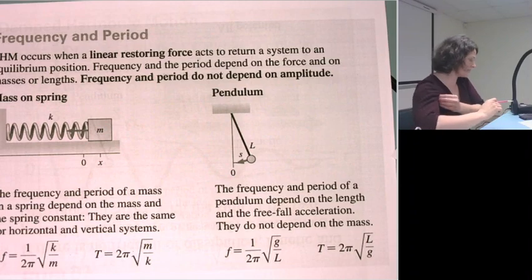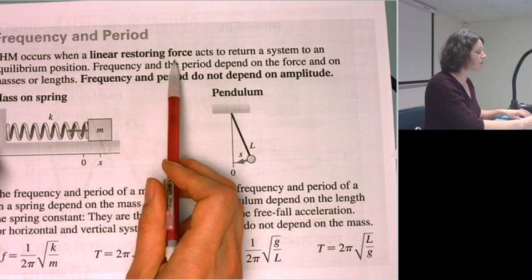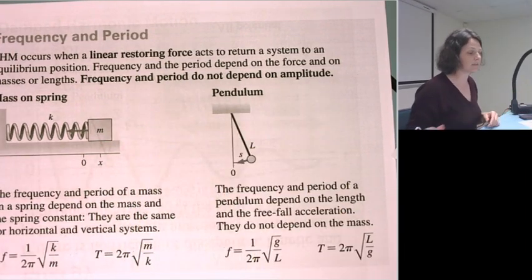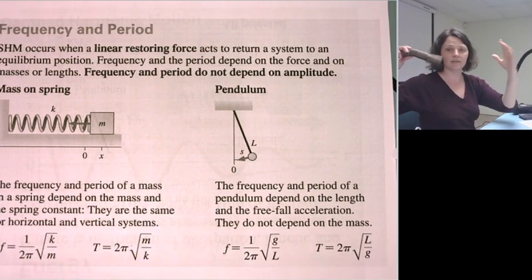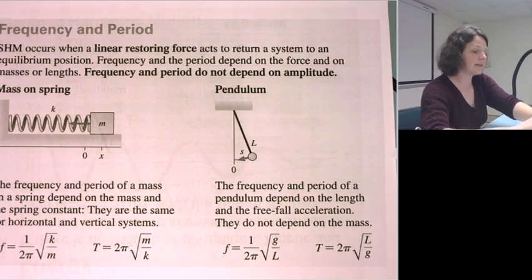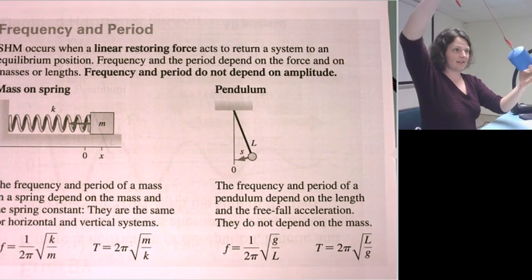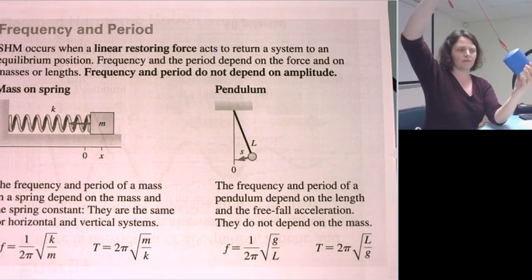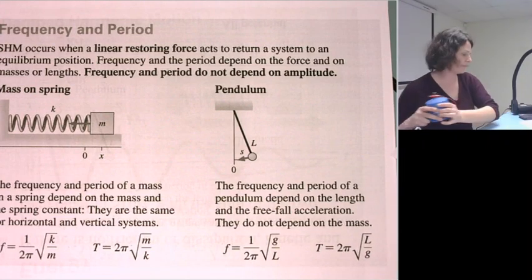Another thing, frequency versus period. So simple harmonic motion occurs when there is a restoring force that acts to return the system to equilibrium. So the spring is a perfect example of that. As it is stretched, there is a force that wants to send it back to its equilibrium position. A pendulum is another perfect example of that. So here's my pendulum. And as I move this way, there are actually 2 forces acting on this guy, a tension force in the string and the gravity force. And both of those add together to want to make the pendulum move that way